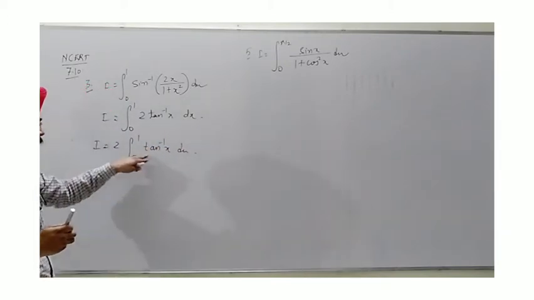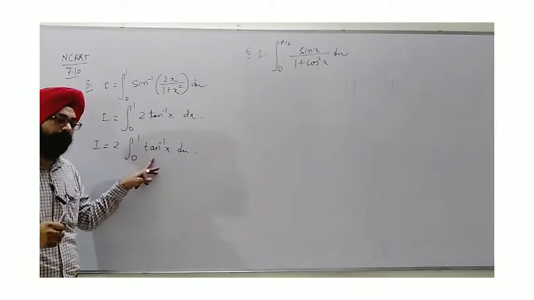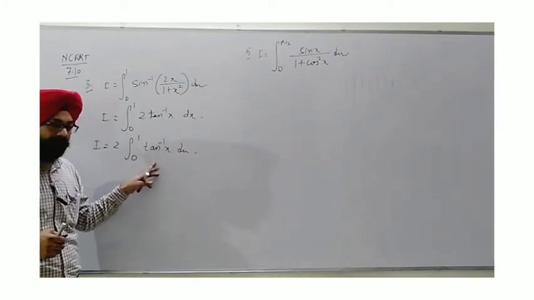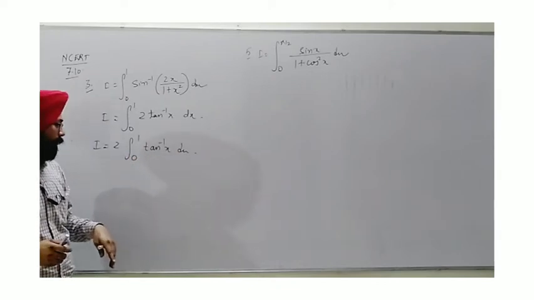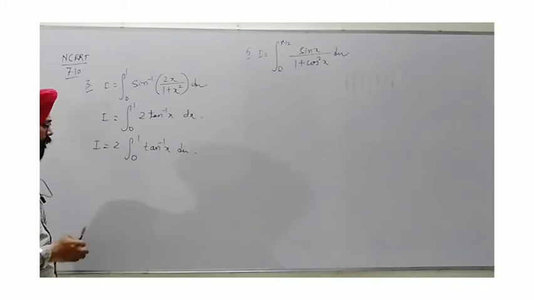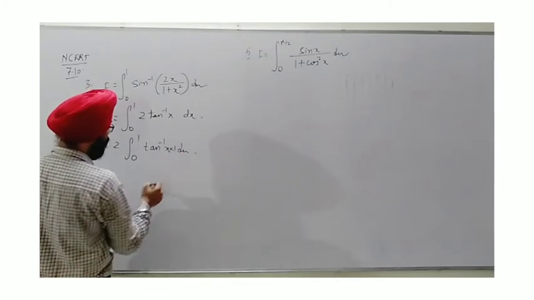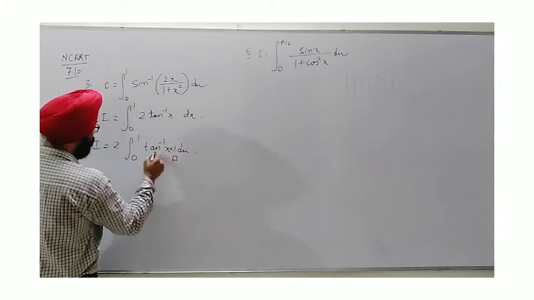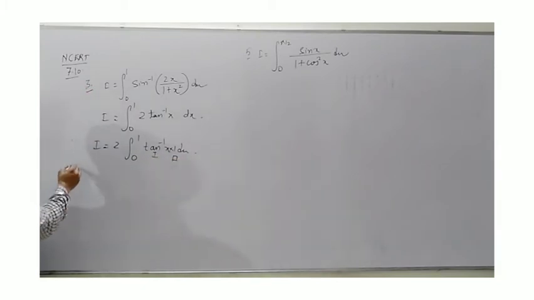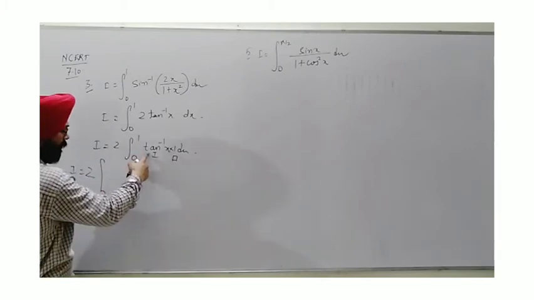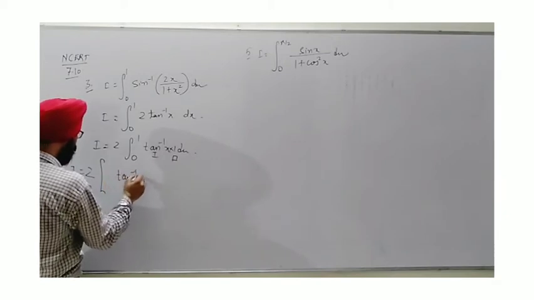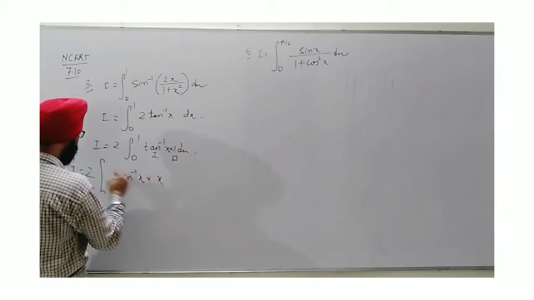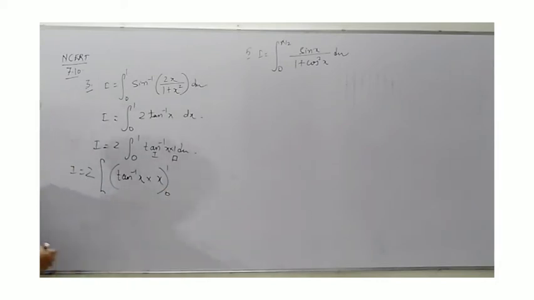Now this type of function we have already done in the chapter of indefinite integral, where we used to apply the by parts method, taking 1 as the second function. The same method here also we will do. If I multiply this by 1, this becomes the second function, with tan inverse as the first function. So let's do that, twice. First term: the first function as it is, and integrate the second, so we get tan inverse x into x, and put the limit here 0 to 1.